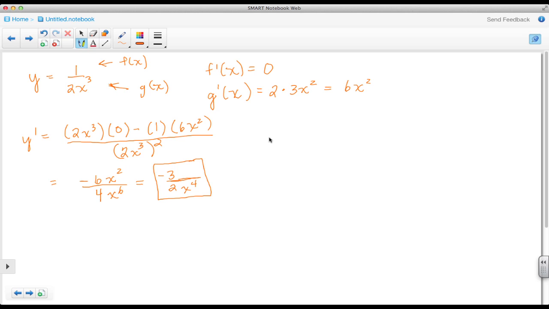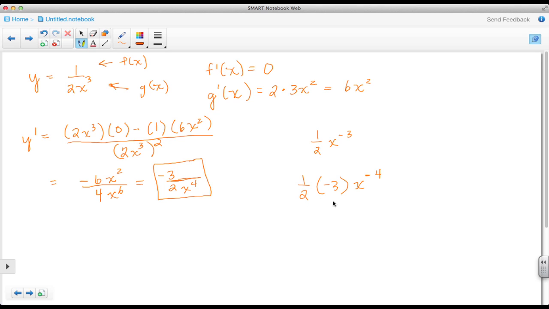So here I'm going to rewrite this as 1/2, and I'm going to use a negative exponent because I'm going to move this x to the third from the denominator to the numerator. So this here becomes x to the negative 3. I have a constant of 1/2, so I can pull that out front. I know that using the power rule, this negative 3 has to be pulled to the front. So I've got my negative 3. And then I have to decrement this power. Well, if I've got x to the negative 3 minus 1, that changes this to x to the negative 4.